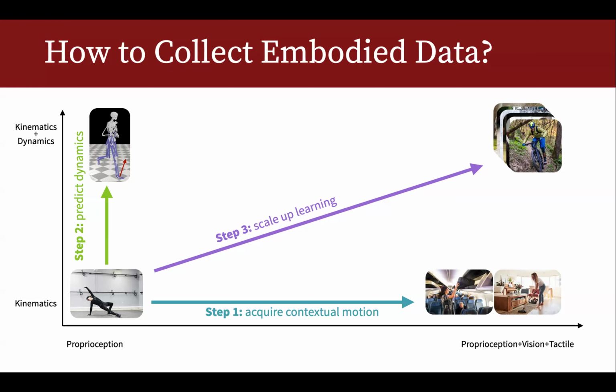If we really want to deal with contacts, right now we have multiple approaches, but they all involve physically collecting data in the real world. DEXCAP is one way to do it. We have another data collection process that tries to do full body manipulation with objects. You will see that in the egocentric workshop in the afternoon. But we don't have a good way to do it. We still use motion capture and try to do as good a job as we can.